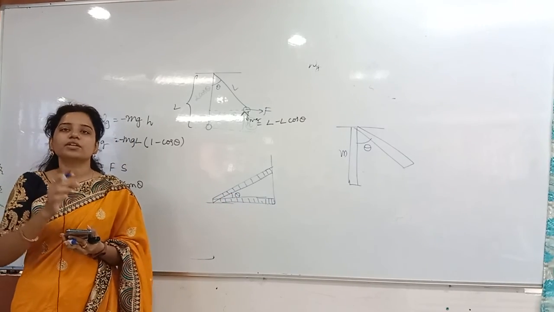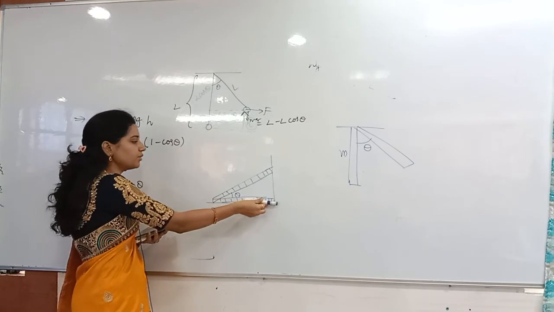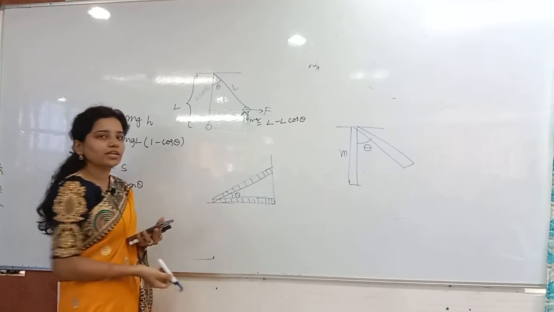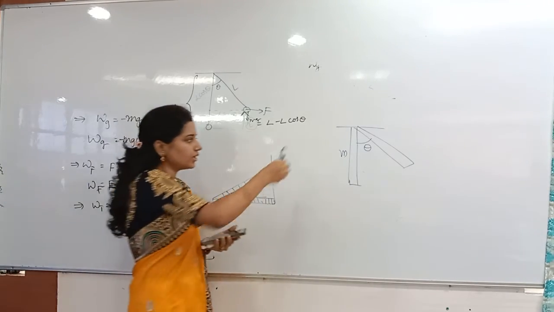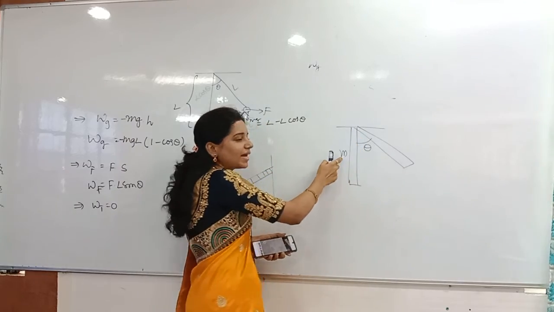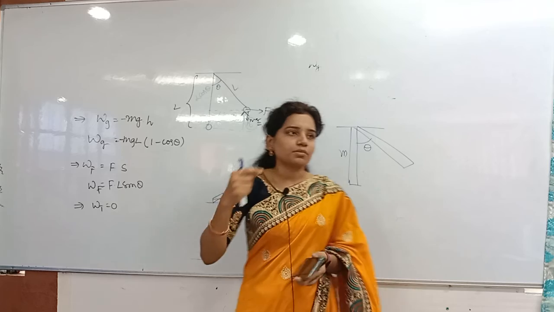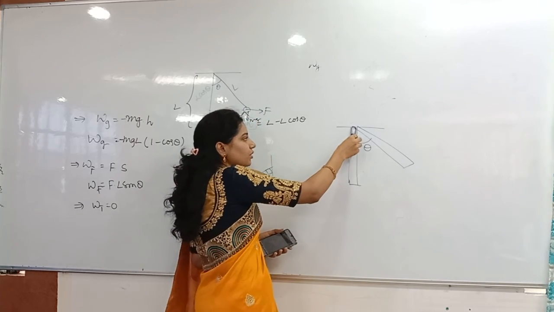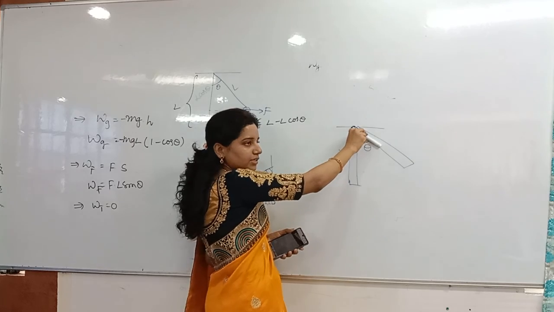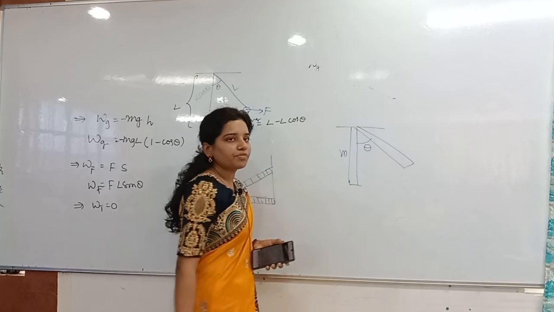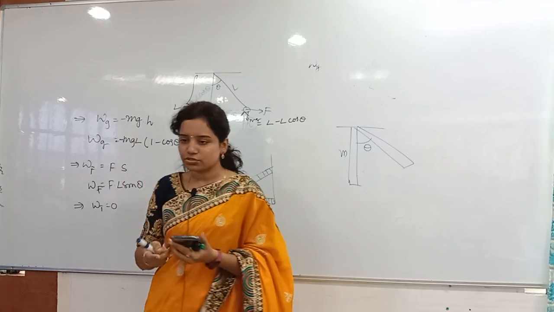Now you have to find out the work done to do that. I'm lifting this marker and putting it against the wall, so what is the work done by me? You have to find out that. Clear? And also here, whenever a uniform massive rod, and earlier that was a massless string. Now this is a massive rod. So the massive rod was there like this, then it was lifted in this direction with an angle theta. Then you have to find out the work done by the gravity. Clear? So you have to solve these two problems.